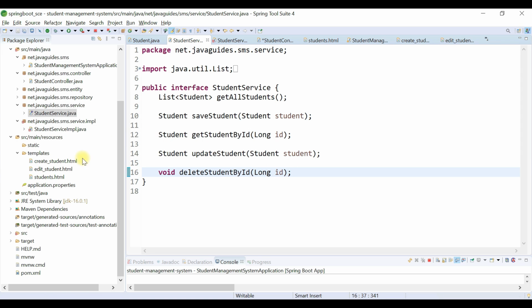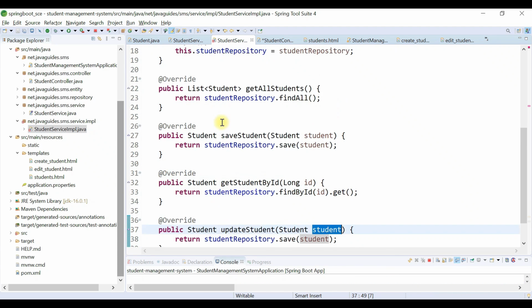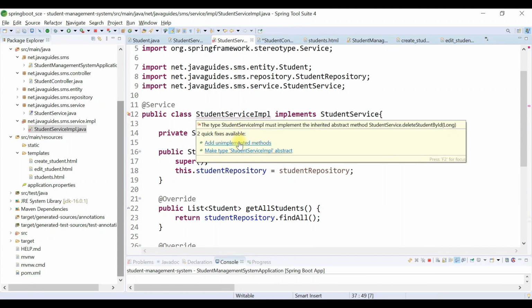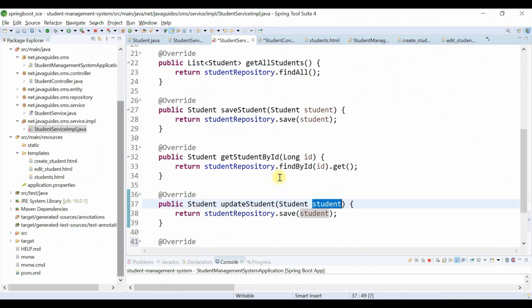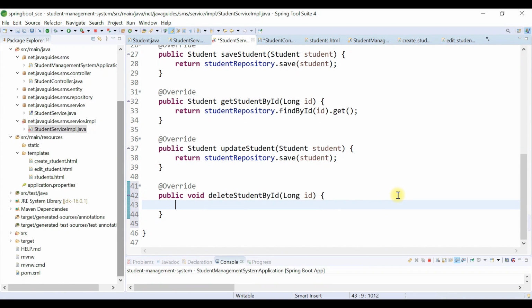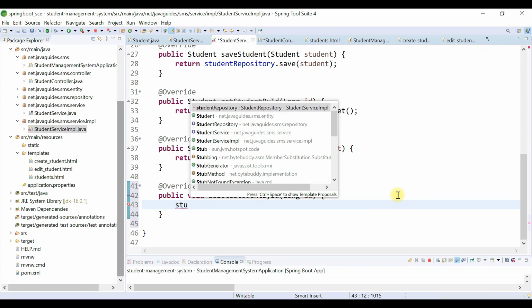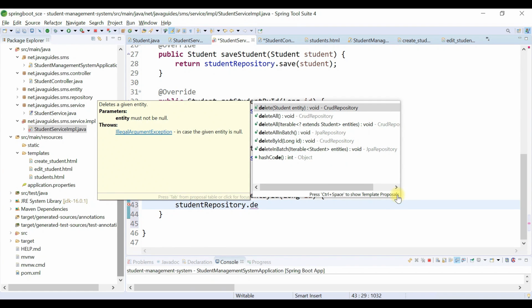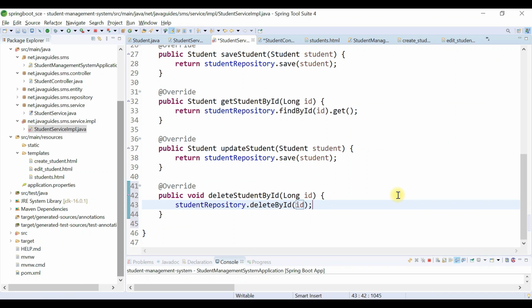Save the file, and let's go to the StudentServiceImpl class and implement this method. Just call the student repository, and then deleteById, and just pass the id. Okay, that's it, pretty simple.